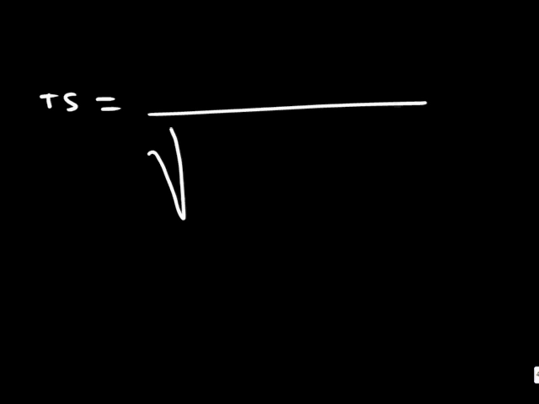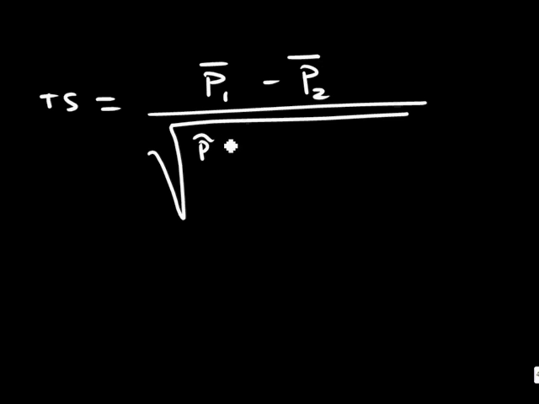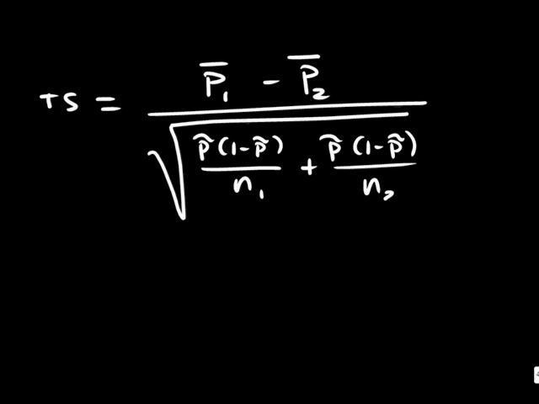It is the difference of sample proportions. The pooled proportion times its complement over the sample size of population 1 plus the pooled proportion times its complement over the sample size of population 2. This is why I pointed out we need the complement of our pooled proportion. So, entering this in our calculator,